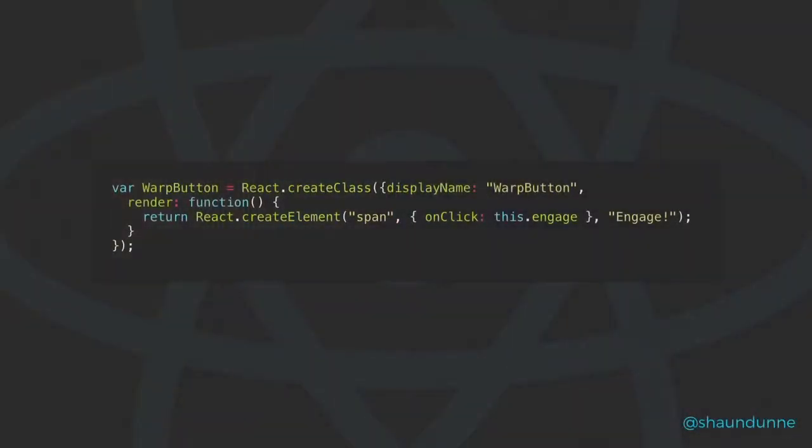But if for whatever reason you can't use a button and you need to make a button from a span, this span has a click handler. That's cool. It will work for someone who can use a mouse. But if you try tabbing onto a page with this span, you're getting nowhere. Spans and divs are semantically neutral. They don't mean anything, so they're not inserted into the tabbing order of the page.